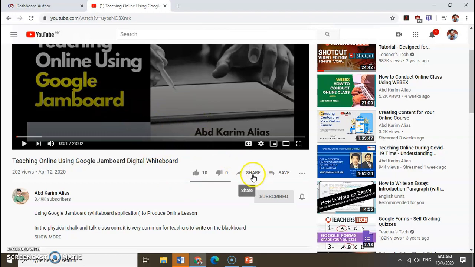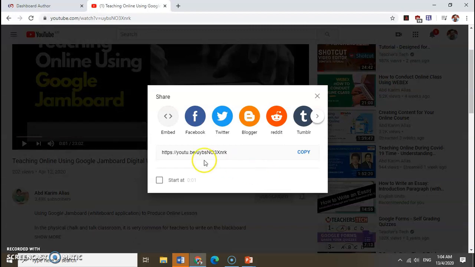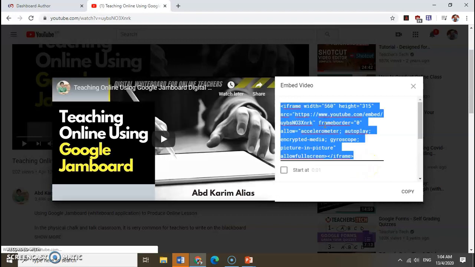So just click share, and then there are many ways in which we can share. So this is the one that we are going to choose, which is embed. Right, so just click here. This is the code we need to copy. Okay, now we go back to